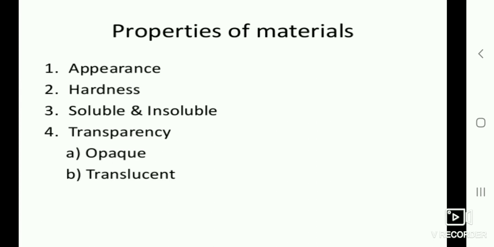If you come to opaque, opaque is such a material that we can't see anything on the other side of it. For example, if you take a wall, students, we can't see through the wall what is on the other side. If light rays pass, then we can see. If the light rays are not passing through it, we can't see what is on the other side of that material, right? So these are opaque materials. So based on all these properties, we can make a group of materials.